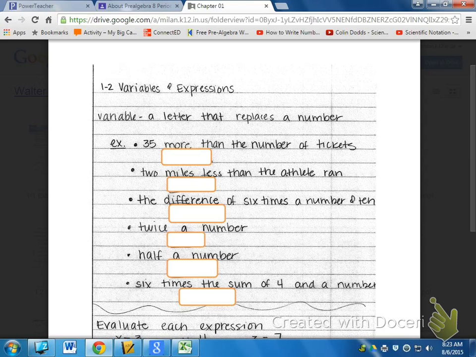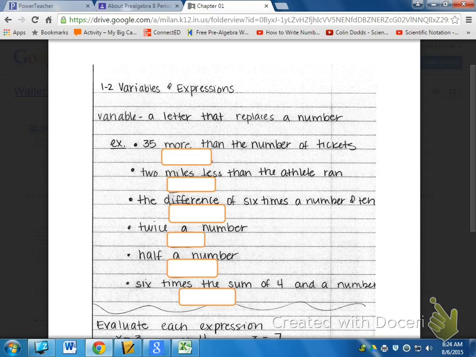that represents a number. So what's going to happen here today is you're going to be given some different circumstances, some different scenarios, and you will have to come up with a variable for the part that you don't know and write an expression with that variable. So let's just remember that now that we're doing this, you will never use x for times because x could be your variable. All right, for example,